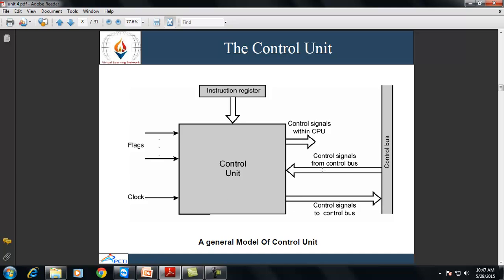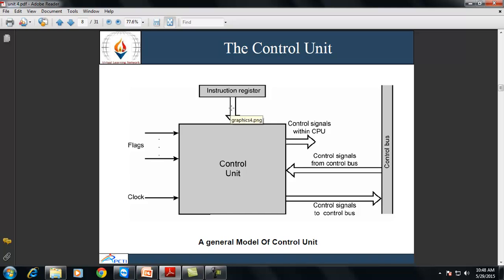Next is the control bus. Some of the control signals are provided to the control unit through the control bus. These signals are issued from outside of the CPU. These are the inputs. And the last input is from the instruction register.